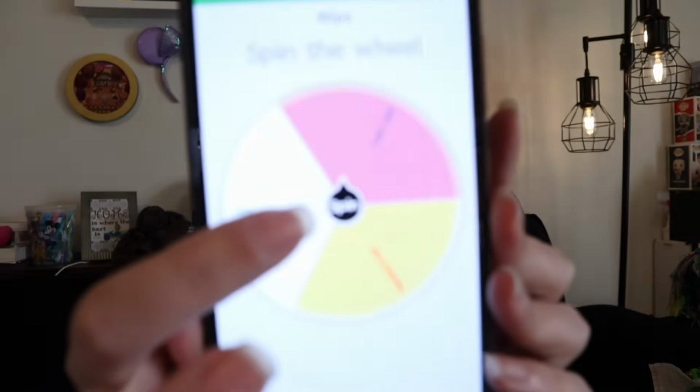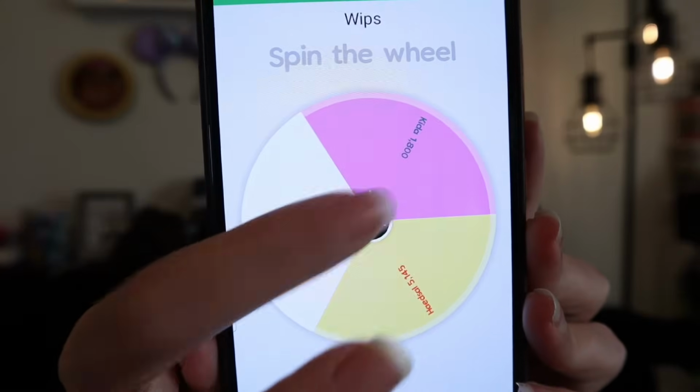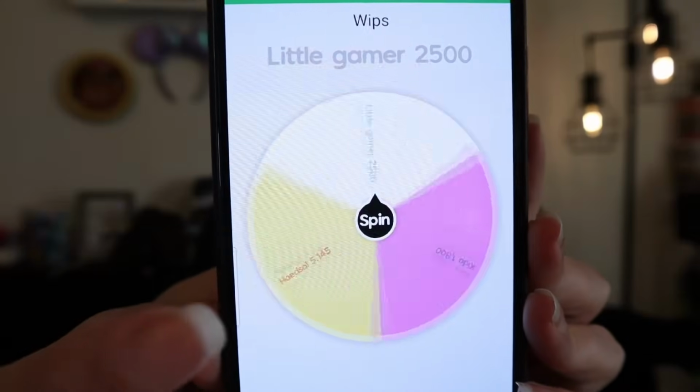And now I will spin projects for the weekend. I will be spinning to get a project for today, Friday, Saturday, and then Sunday. And there's only 3 projects left on the wheel, so I technically could just work on each of them for one day, but I'm going to spin the wheel and just see what happens. So the first spin is